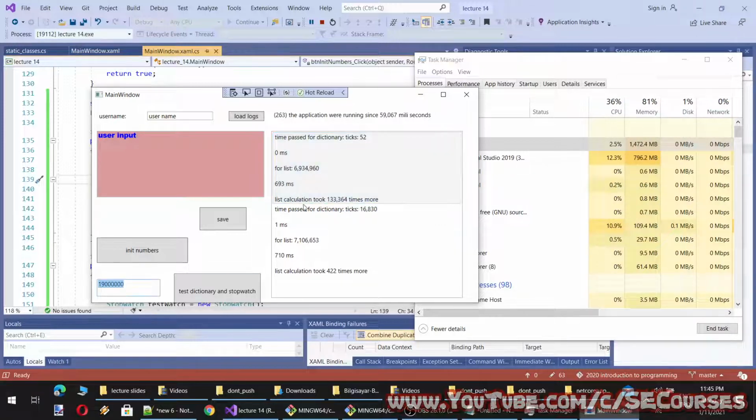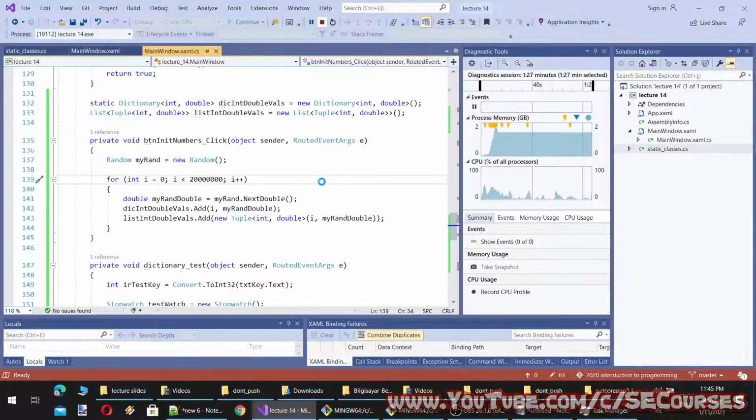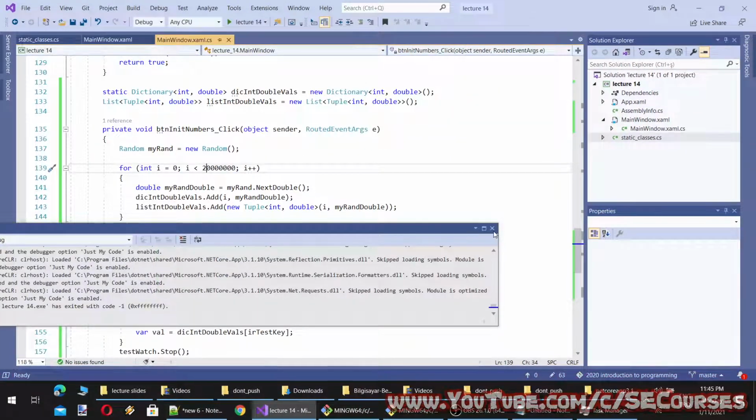And for the dictionary search it will not change. You see the 5 took even more than the 90 million. However, for the list now it is much faster. It is only 5 times faster, you see. So if the value you are looking for is at the beginning of the list, it is very fast. But if it is at the end of the list, it is very slow because it is checking each value. But when you use a dictionary, it is indexing, therefore it is very fast. Okay.